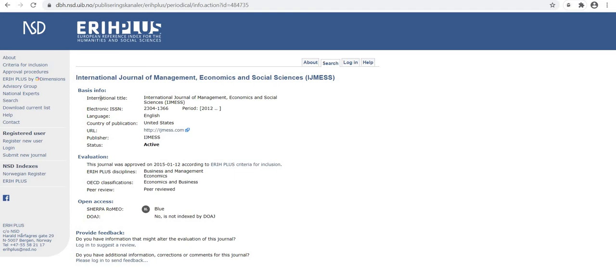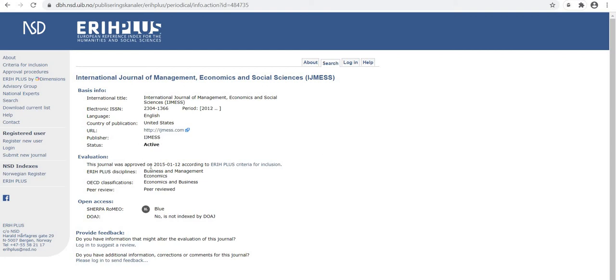So this is the basic information. Journal title: International Journal of Management, Economics and Social Sciences (IJMS). Electronic ISSN, and the journal was started in 2012. Language is English. Country of publication is United States. URL is ijms.com. Publisher is IJMS, and the status of the journal with ERIH Plus is currently active, meaning it's covered by ERIH Plus.